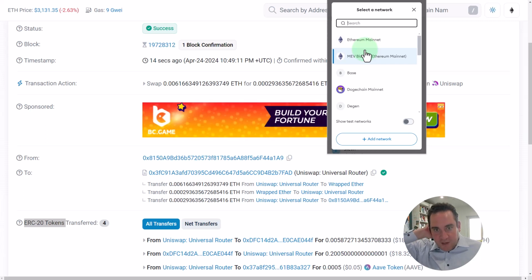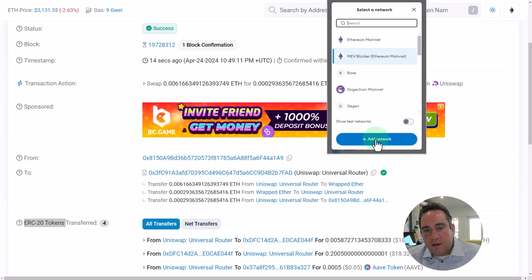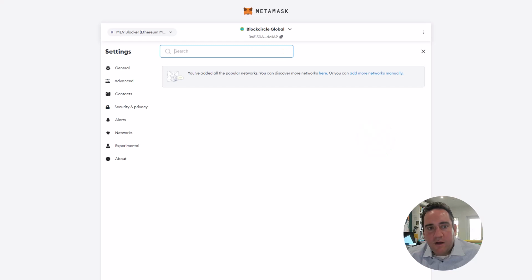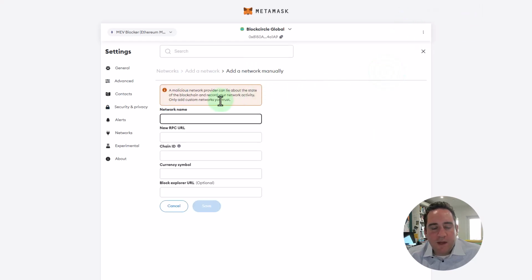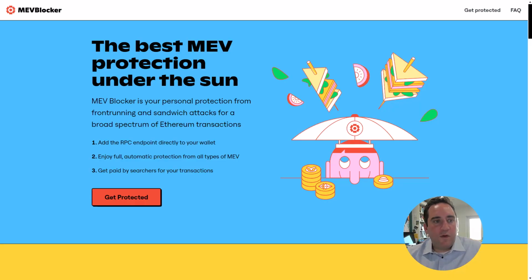So it's completely free. All you do is you literally go in, you click add network, and then you would be able to go in and say, I want to add network manually. You put in the network name, the RPC URL, the chain ID, the currency symbol, and that is it. And the way that you do that is you go to the MEV bot website itself. So I will show that now. So if you go to the